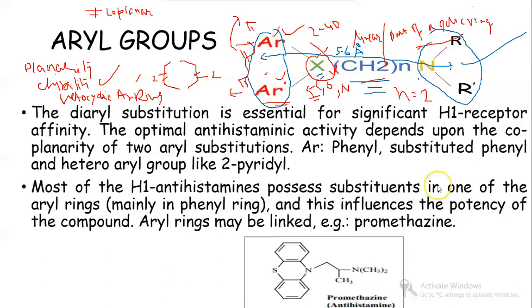Why this terminal nitrogen is required, I have already shown from your first structural class and receptor interaction. This nitrogen has a lone pair of electrons. Basically, this nitrogen is less basic. Why less basic? Because 2 methyl groups are there, so it is not like a basic amine. It is less basic, but it has the lone pair of electrons. It can absorb H plus, so it can become protonated, NH plus. When it becomes NH plus, it can exert a polar interaction with the receptor.